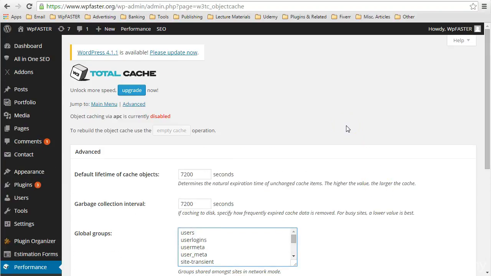I need to say some things here in particular about object cache as far as troubleshooting goes. Object cache within W3 Total Cache is notorious for causing strange issues as you're trying to make changes to your website. In other words, if you make a change and then attempt to preview that change, you get an old version because there's no easy and really effective way of turning object caching off within WordPress admin here. So you're caching objects within your WP admin,